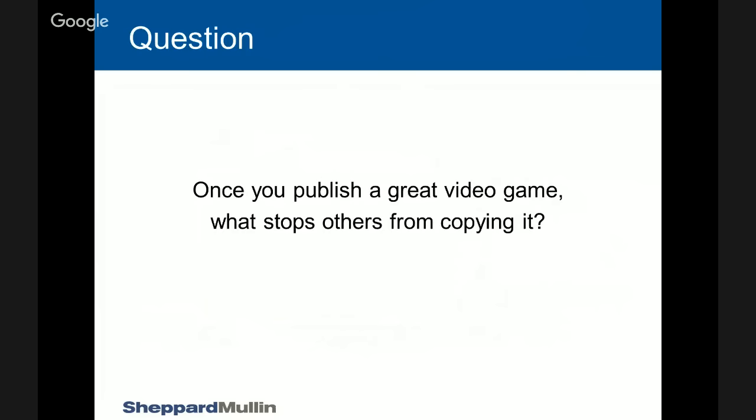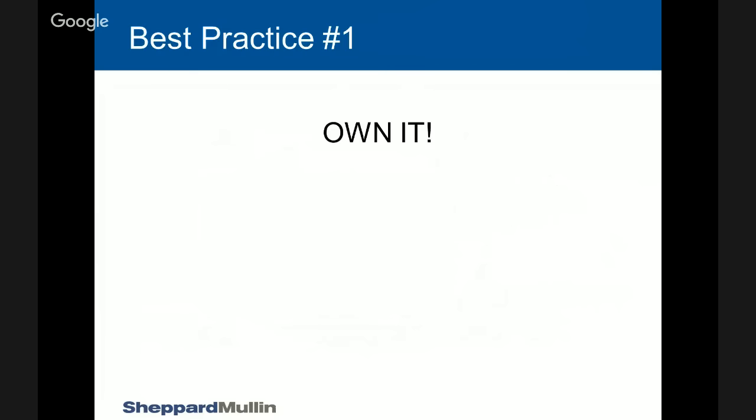So to bring this more home to you in your context, let me ask you this. Once you put out a fabulous game, what protects you from others copying your great idea? Getting results as fast as possible? Yeah, move as fast as possible, but no matter how fast you move, people are going to copy you. The only way you can really prevent that from a legal perspective is to effectively ensure the maximum IP protection that you can obtain for your game. So we're going to take a look at what that means.